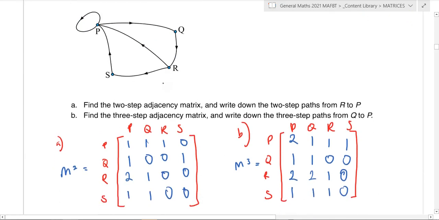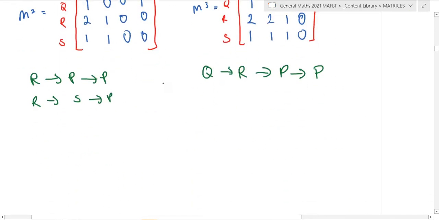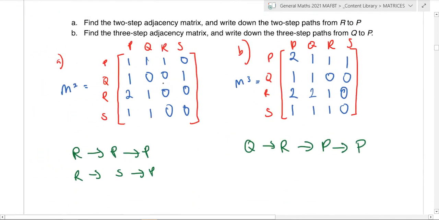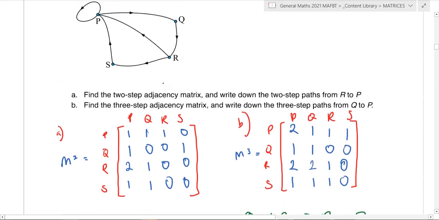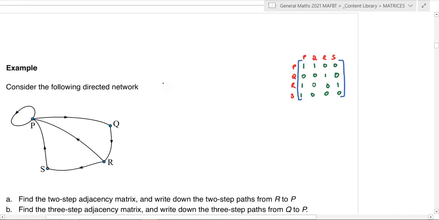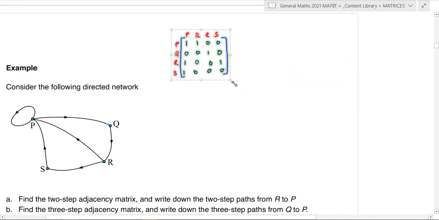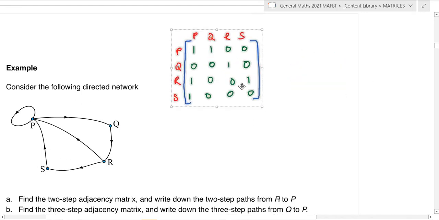All right, now you might be thinking that's very, very tedious. It's going to take a while to do. That is correct. It will take a while. But fear not, because this is all doable on your CAS. However, you need to actually start off with writing down the 1-step path